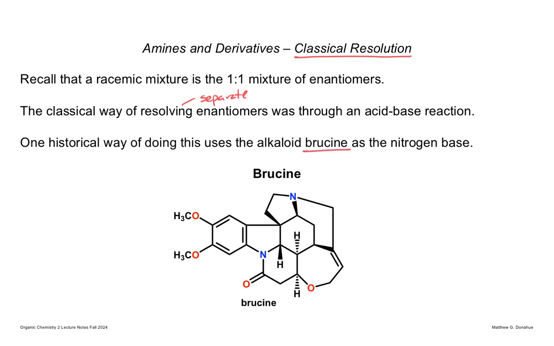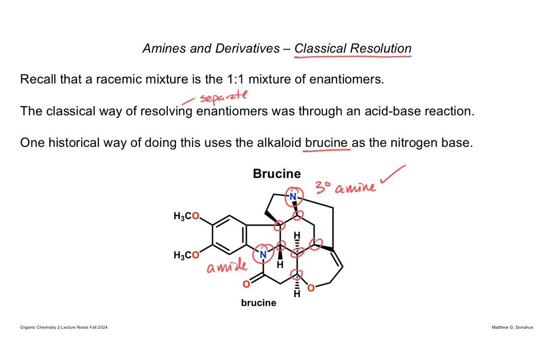And brucine has two nitrogens. This one's in an amide. This one is a tertiary amine. And we learned about amine basicity. So the tertiary amine of brucine gets protonated when you're treating it with a mixture of enantiomers. And because this has a bunch of chiral centers, which I'm circling here,